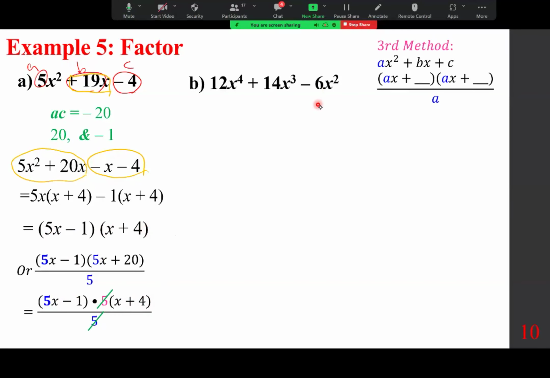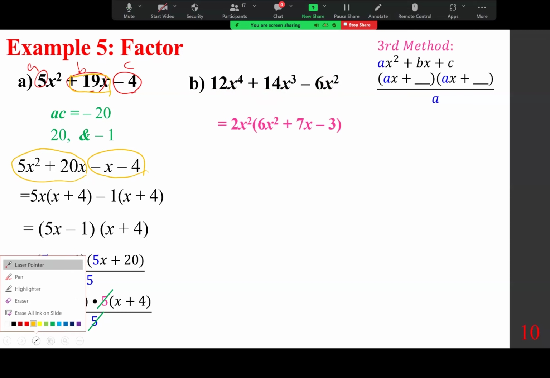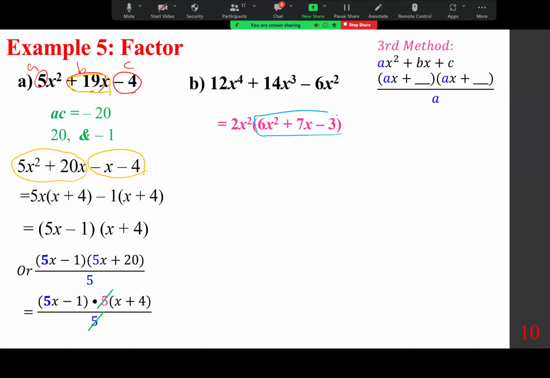Over here, obviously, the first step is the GCF, and I hope you recognize that number 2 is in common, and so is x squared. So we take out 2x squared. This gives us 6x squared, this gives us 7x minus 3. Now, in this case, obviously 2x squared will carry. In this case, here's A, here's B,